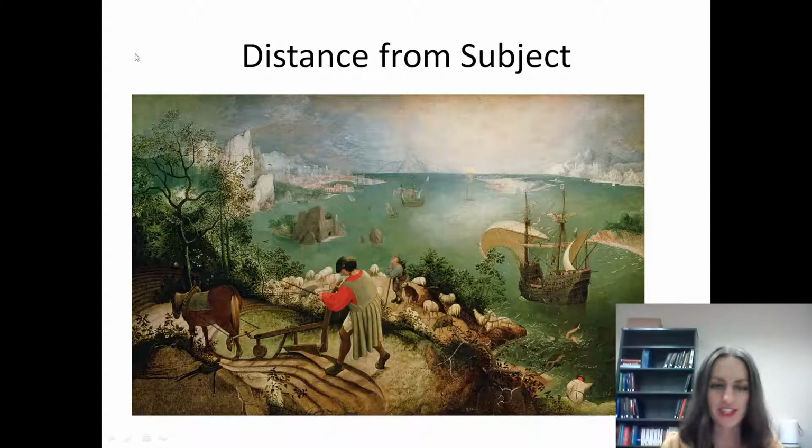So this picture here is illustrating that. But what's so interesting about this picture is that here's Icarus right here, just these tiny little pair of legs after he's fallen into the ocean. He's the subject of the painting. He shows up in the title of the painting. But this painting is very much distanced from the subject. The artist has done this for a very purposeful rhetorical effect. The message is, I'm actually going to give you the message now. The message is that